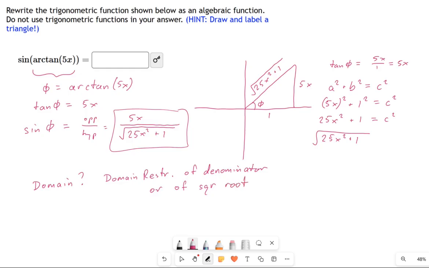In this case, there's no way that square root is going to be the square root of a negative, right? 25x squared plus 1 is always positive, so that's fine. And 25x squared plus 1 is never 0. So we're pretty good there. There's not going to be any domain restrictions. That means we're going from negative infinity to positive infinity. But you could very well have a problem where your final function has possible domain restrictions in it, in which case you want to be careful to list those in your domain.